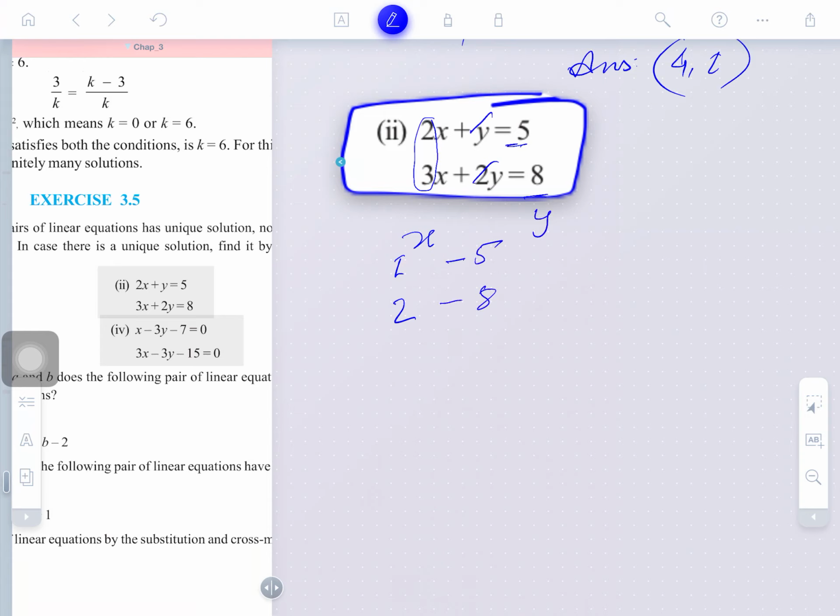And second, the y coefficient. Here y is to be ignored, and this is not to be ignored, so we'll write here this coefficient, this coefficient, this and this. So 5 and 8 already written, we need to write down 2 and 3 only. Again 1. Clear guys? You may see this is the coefficient we are bringing here and taken negative, so no need to write it down.